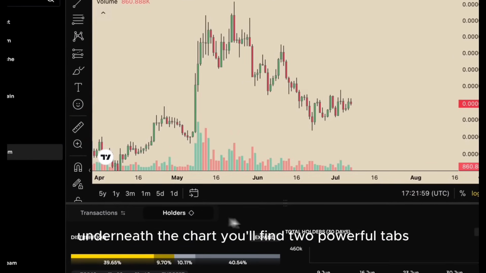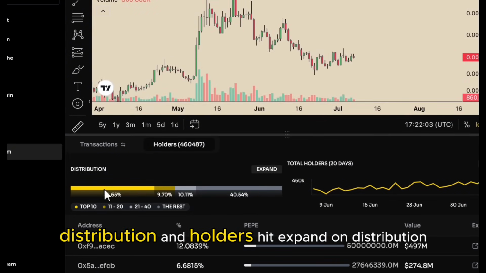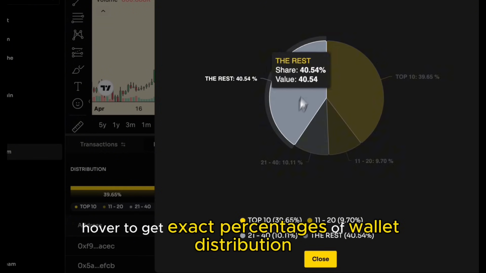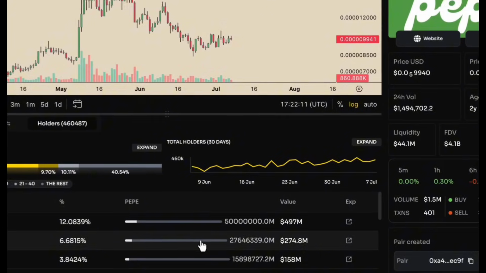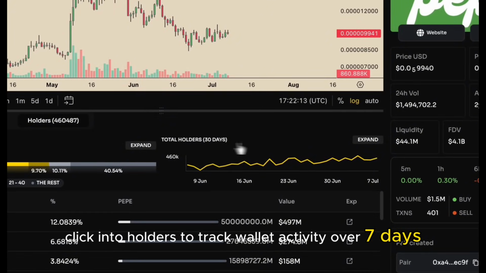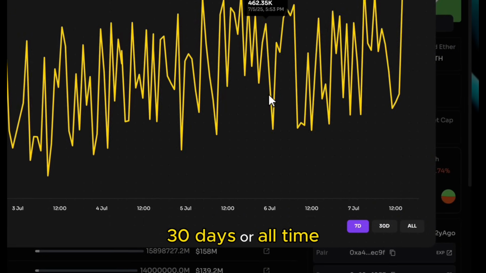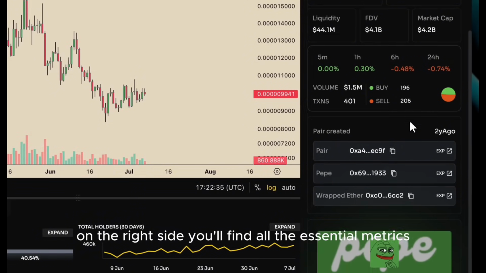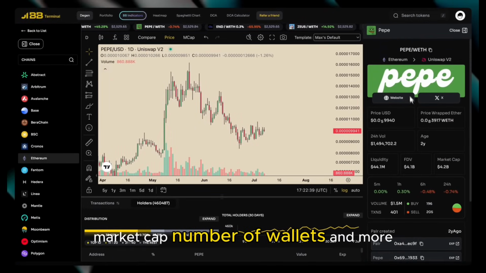Underneath the chart, you'll find two powerful tabs, Distribution and Holders. Hit Expand on Distribution and check out the interactive pie chart. Hover to get exact percentages of wallet distribution. Click into Holders to track wallet activity over 7 days, 30 days, or all time. On the right side, you'll find all the essential metrics: price, volume, market cap, number of wallets, and more,